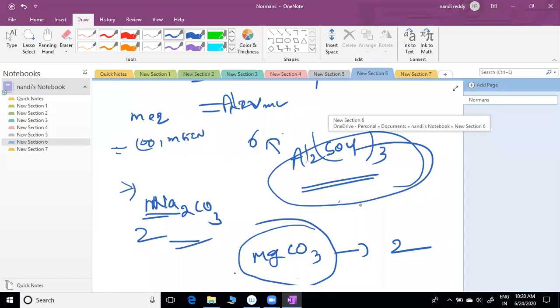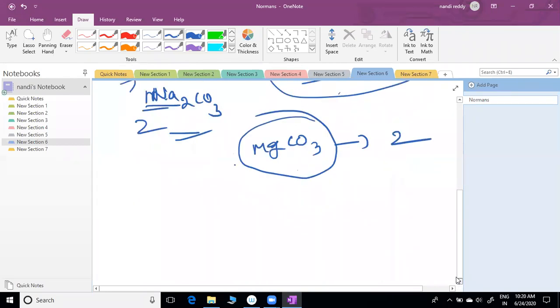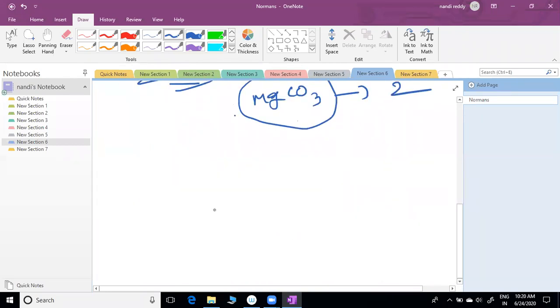No, Dinesh, some of the answers you gave are wrong. Check which answer you gave wrong. Aluminium, how much is each aluminium? Plus 3. Then how many aluminium are there? 2 into 3, total positive charge 6. That is the n factor, na? Total positive charge is the n factor. You can try one more question, then tomorrow you can discuss. Without n factor, you can't solve problems.